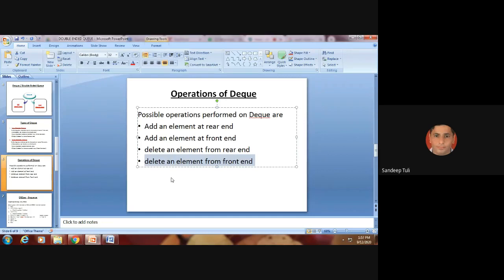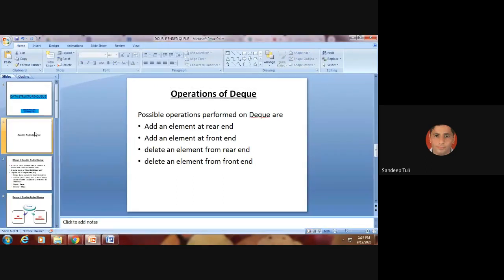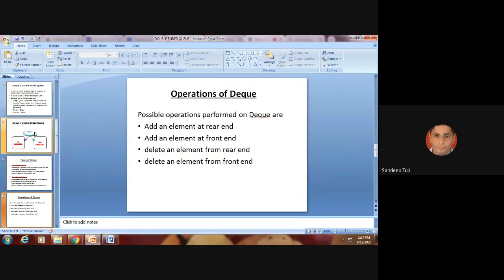Is it okay? Now we can insert the element from any end, and we can delete the element from any of the end. So in this way, there are overall 4 operations that can be performed on the double-ended queue.